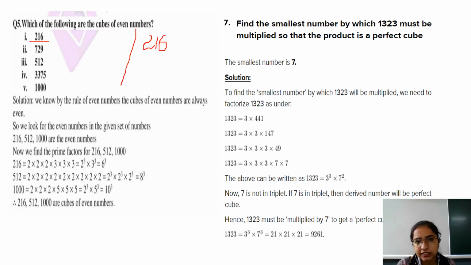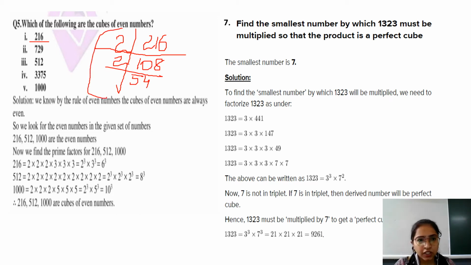You used to take LCM like this, no? 216 LCM like this. You have to take LCM. 2 ones are 2, 2 8s are 16, 108. Okay. 2 5s are 10, 2 4s are 8. Like this only you have to make factors, and this will be the factors. The numbers used to come over here, these are the factors. So when you will completely do the factors of 216, you will get 2 into 2 into 2 into 3 into 3 into 3. This you will get, right?